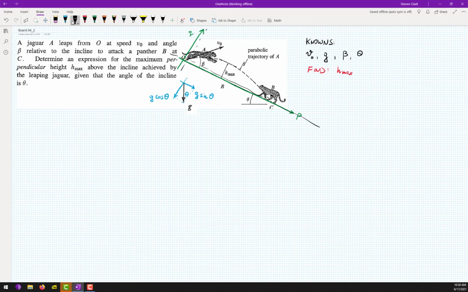Before it was that civilized coordinate system that is not tilted. Before we were doing this one and this one, x and y. So again, we have some particle with velocity 0. We are on Earth, so we know g. We know the geometry. And this time they ask us to find h max, so this distance